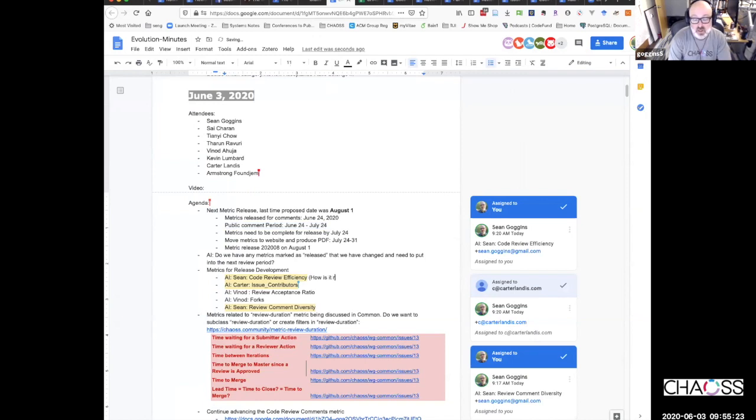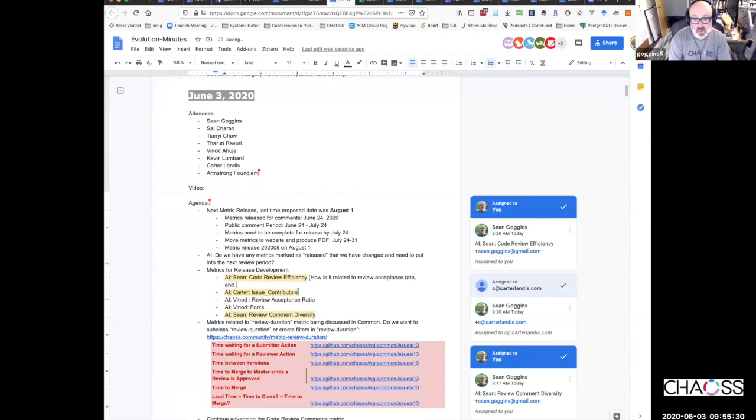How is it related to review acceptance rate and review acceptance ratio? And should it be a parameter? I don't know. I think it is bringing together a couple of existing metrics, possibly.